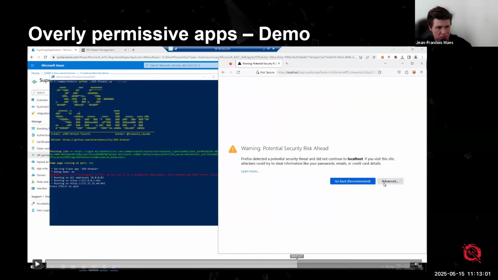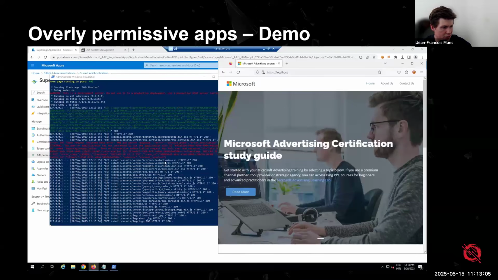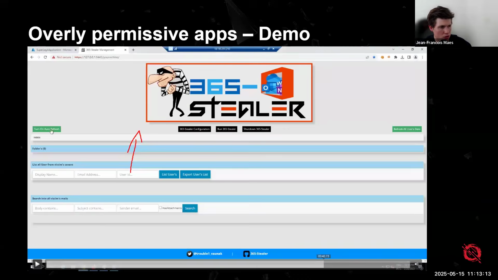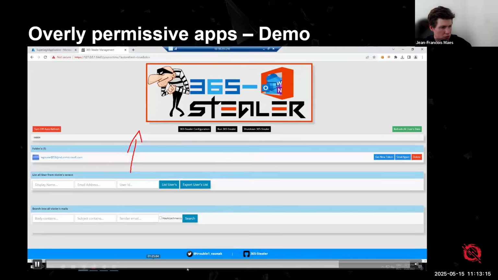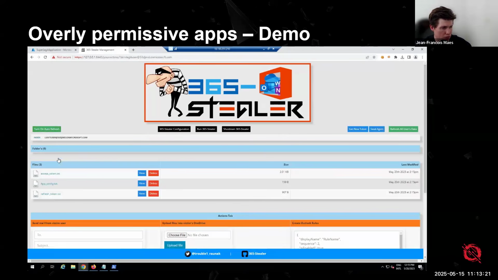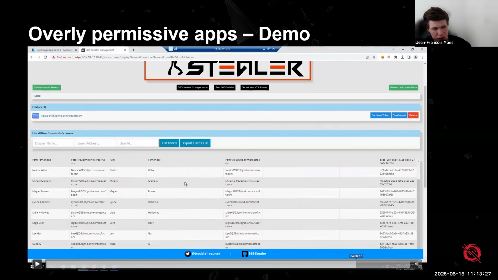So if I now accept this, then you can see that on my attacker side of the house, we get a lot of information here, which ultimately is going to leak an access token in my toolkit right here. And we can now use that access to start enumerating Active Directory, well, Azure Active Directory.